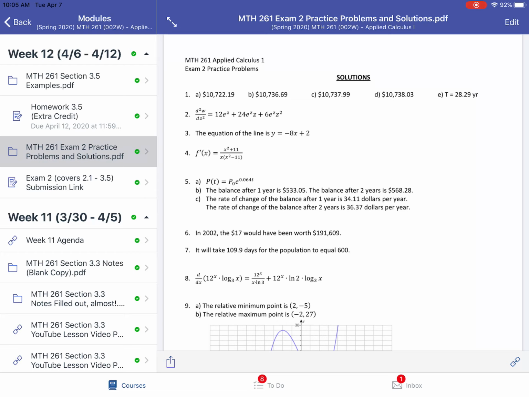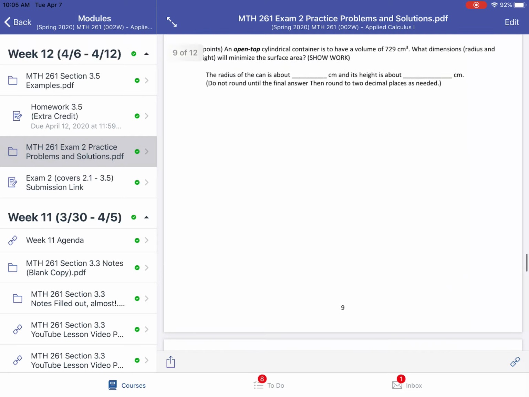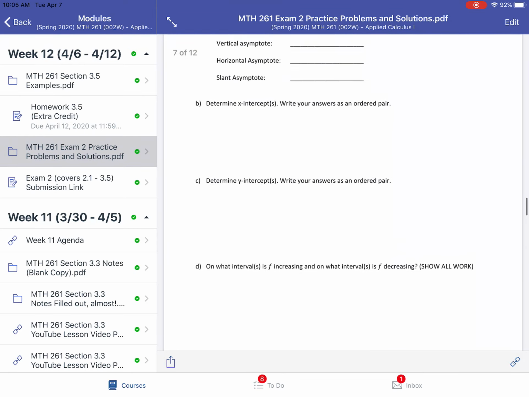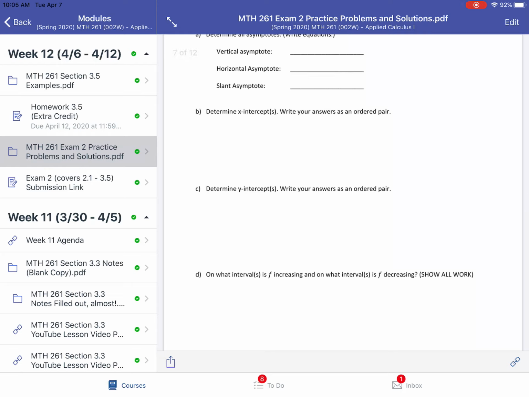And then I do have the solutions right there. So I really want you to try this. Since I'm making 3.5 homework extra credit, I'd rather have you try this and prepare for your exam too. I know it's take home. I know it is open note, open book, but you will still need to show me work on all your problems, because